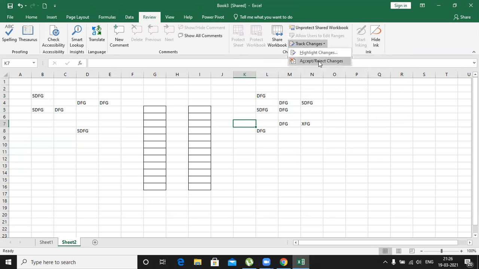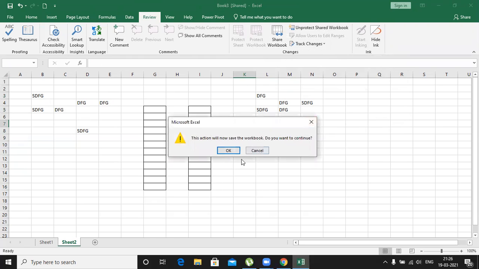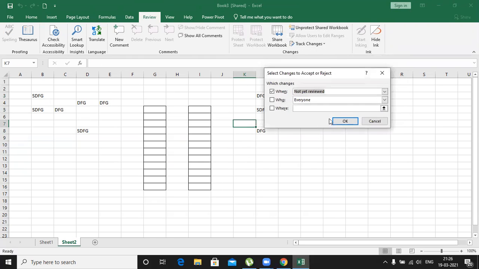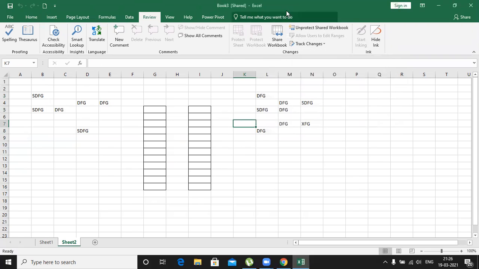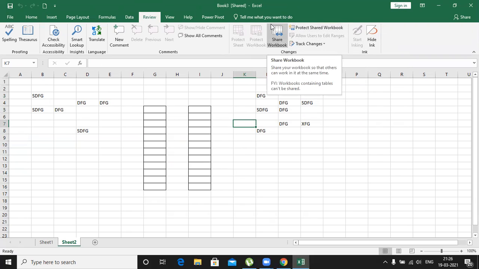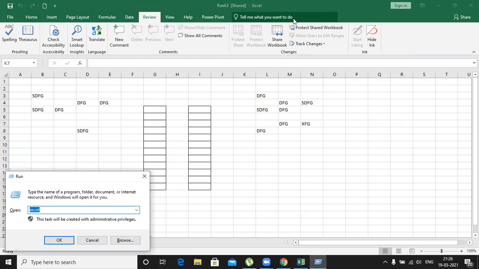And even I can accept or reject the changes also. Then you come back to unprotect the sheet, and it will go back. Clear? Yes. So actually, it's a simple concept.